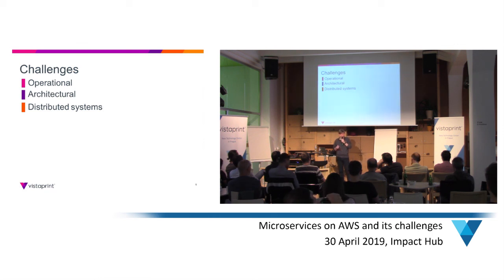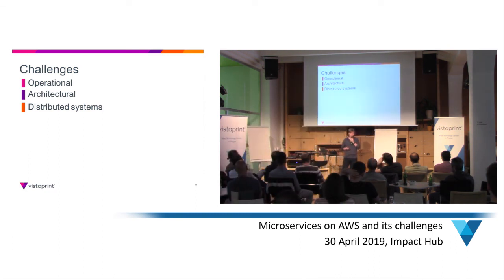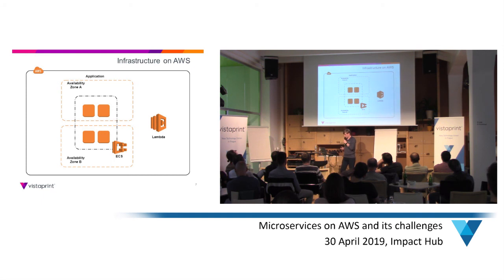That might be something like synchronous or asynchronous communication, how to choose basically. When you define a new microservice, how you're going to decide which type of communication you're going to use. This also includes consistency problems in your system when you develop a microservice, and discovery. And distributed systems, which are often referred to as fallacies of distributed computing, which we will go through in about a minute. So first of all, infrastructure.